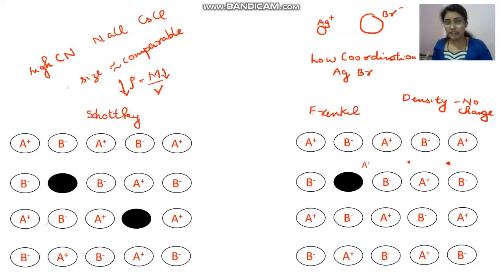This is the Frenkel defect. Generally, there is a tendency for a solid to have the Schottky defect, since its possibility is greater than the Frenkel defect because the energy needed to create a Schottky defect is lesser. Lesser energy means it is more stable, the more preferred form. So Schottky defects are more favored over Frenkel defects. Okay, this is about stoichiometric defects.